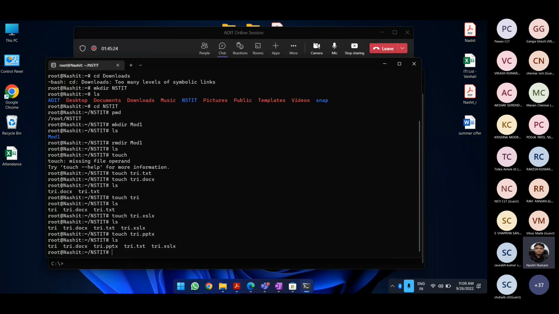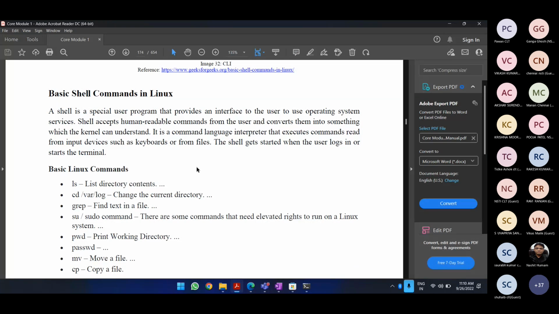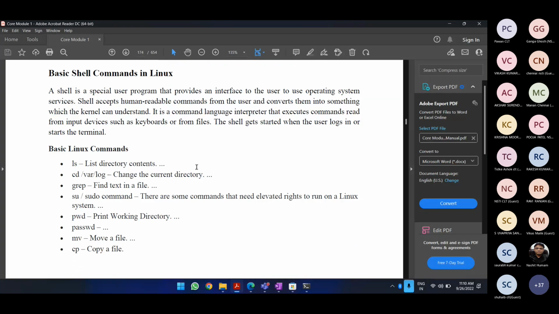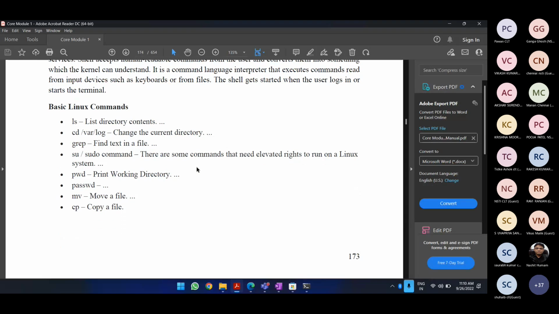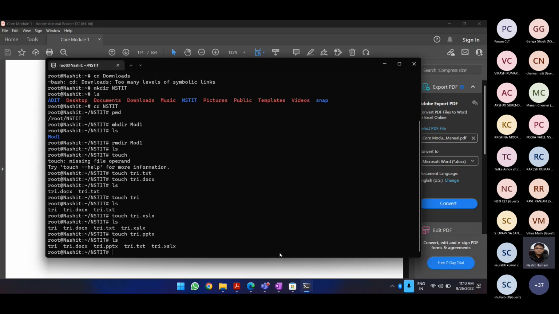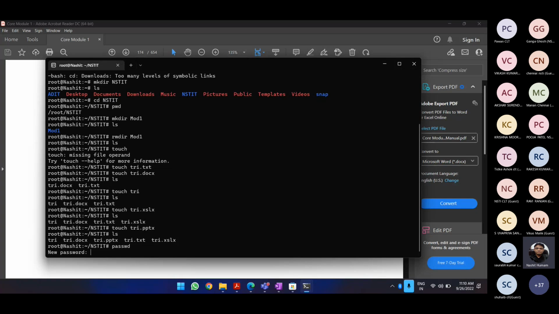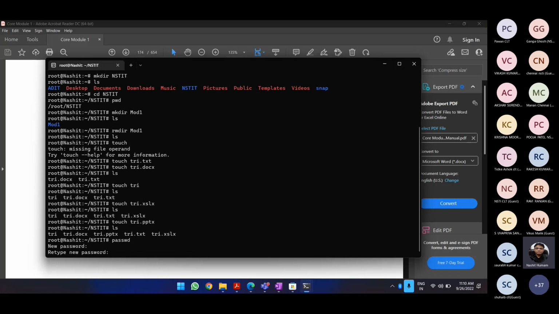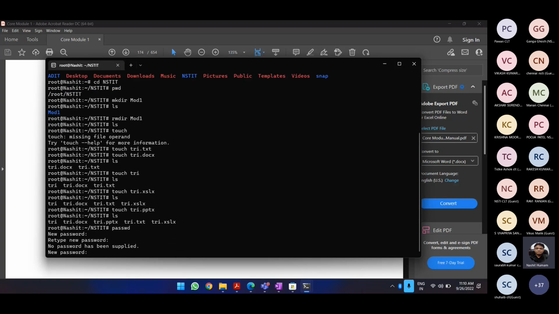What else we can have is, let us see what are the other files. Now we have another command that is called passwd. Now let us check that out. Right now I don't have a password, so it is asking me to create a password. No password was supplied.